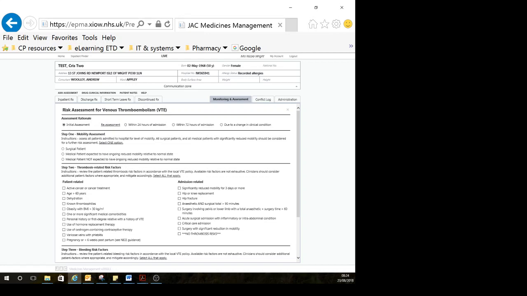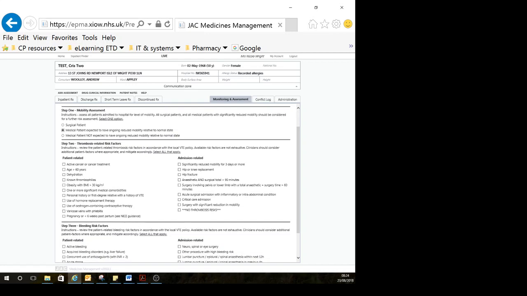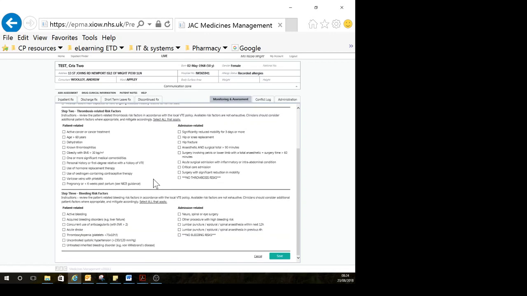You'll see there's 3 steps. So the mobility assessment, so you state whether it's a surgical patient, medical patient, and if it's medical, whether they have reduced mobility. And then you record the thrombosis risk factors, and there's patient-related, admission-related listed here, and then the bleeding risk factors. Now, it's important if there are no risk factors that you tick the box that says no